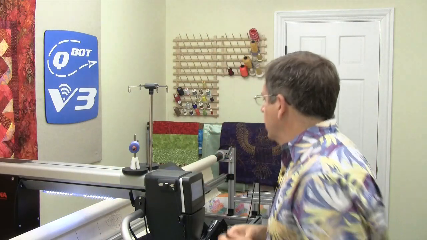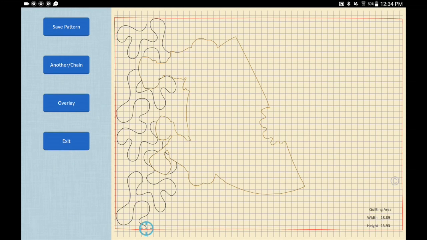Now, what's kind of nice about this particular design is it's a nesting edge-to-edge design, which we've put vertically, and we're going to nest it, and we're going to march along the quilt here, or the wall hanging. We're going to march across it in a horizontal fashion rather than doing a vertical fashion. So all we have to do now is we press overlay,